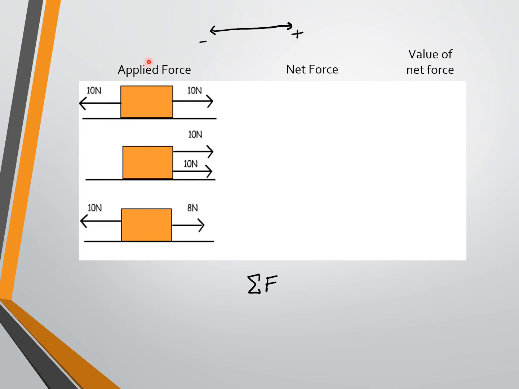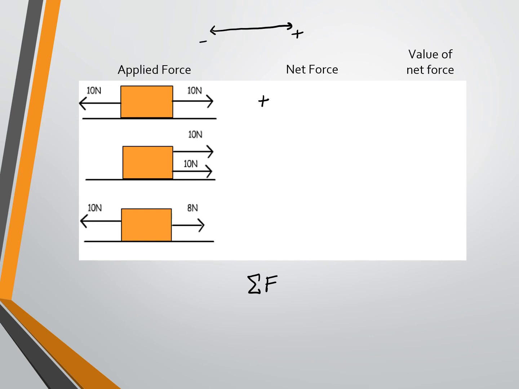I like to start at the top if there was anything here, and I like to work my way around clockwise. Doesn't matter as long as you make sure you count all of the forces on our object. So we now need to calculate the net force for this top one.